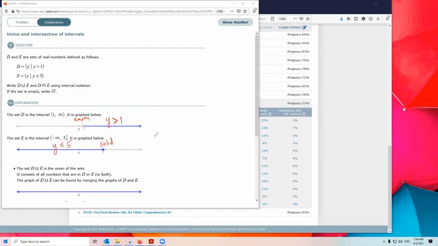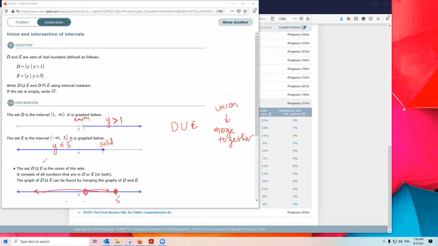All right. Well, now let's find D union E. This is the union. Well, the way you find the union is you merge together the two graphs. It's almost like you're going to write the two graphs together on the same number line. Well, if I combine the two graphs, I would have one graph going like this and the other graph going like this. But notice when I do that, I'm basically covering the entire number line,